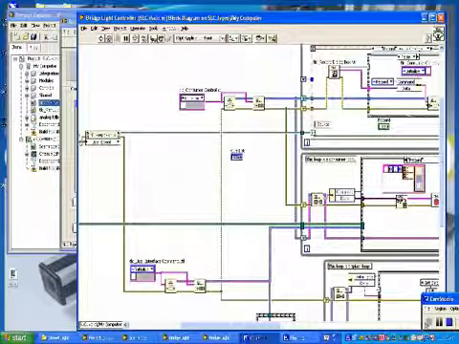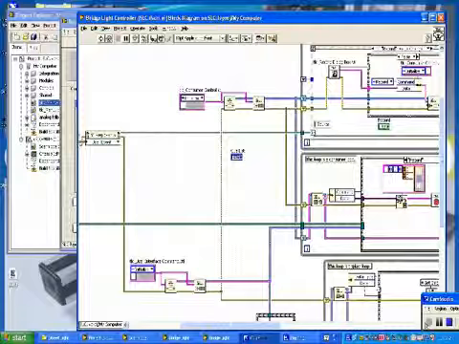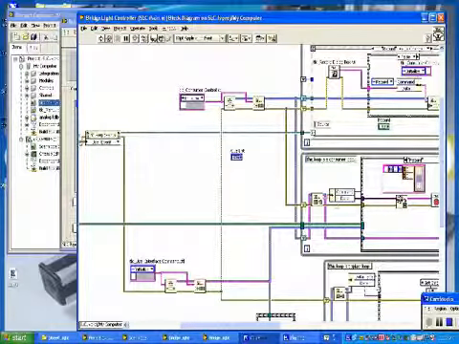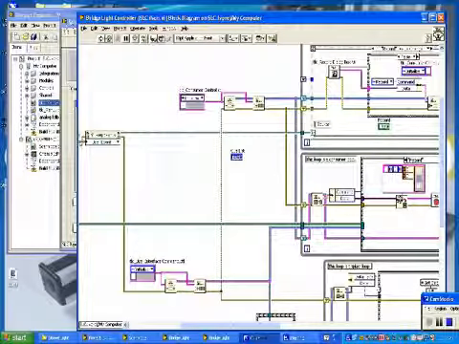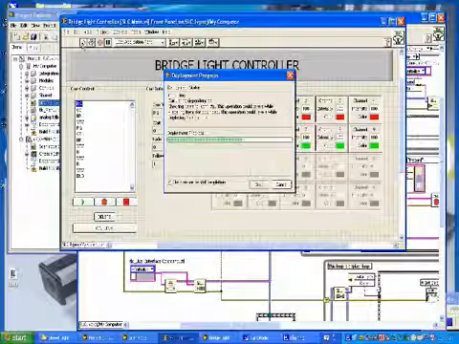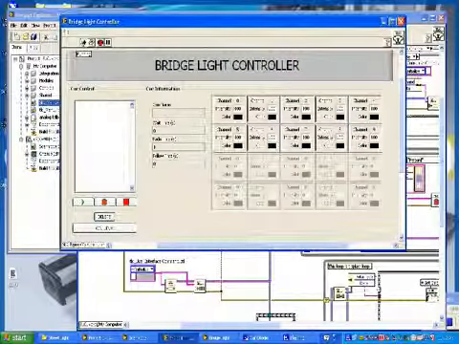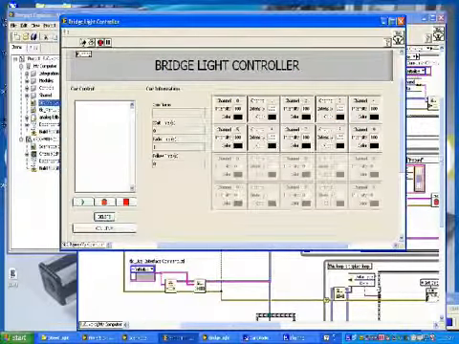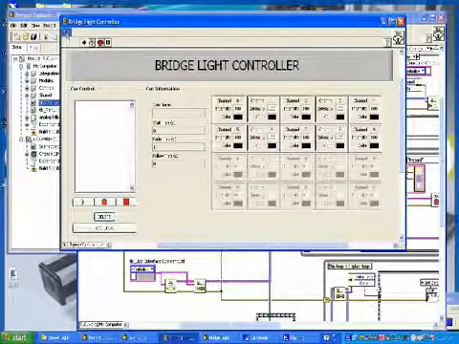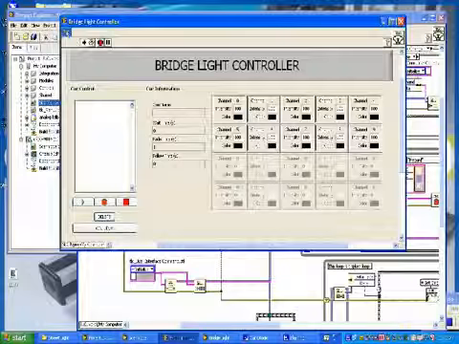Now I'm going to show how to run the application of the bridge light controller. At the same time, I will explain how the program works. Let's go to the front panel and then I will run this application. For this demo purpose, I already created a file that consists of the lighting sequence.